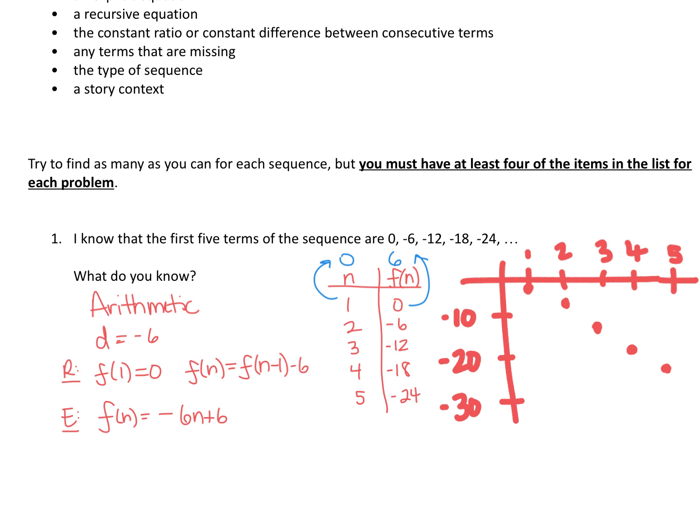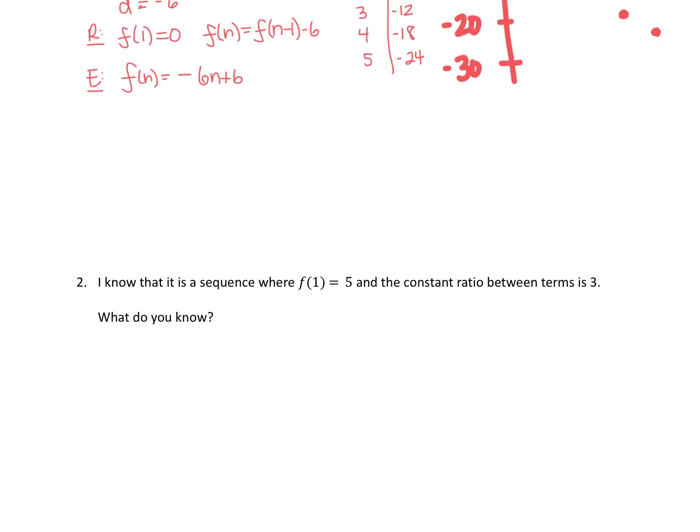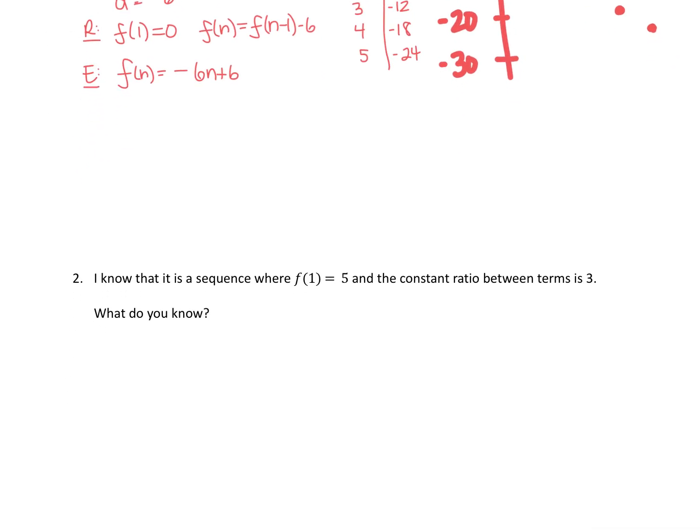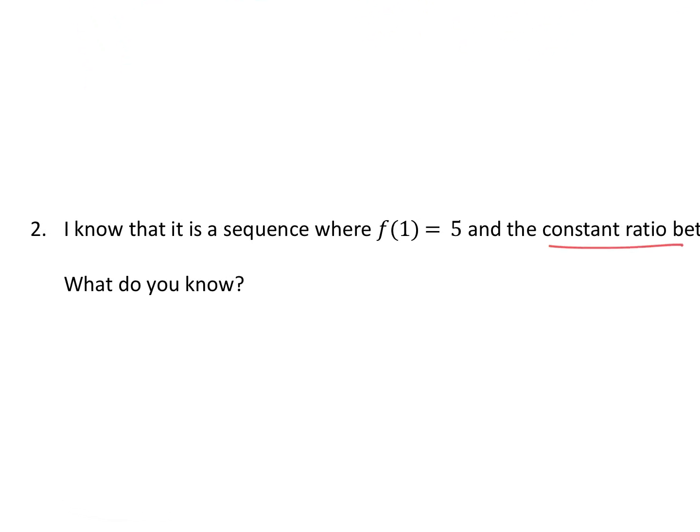All right, let's move on to number 2. In number 2, it says, I know that it is a sequence where f of 1 is 5 and the constant ratio between the terms is 3. Okay, so immediately that tells me it is geometric because it says constant ratio. So it's geometric